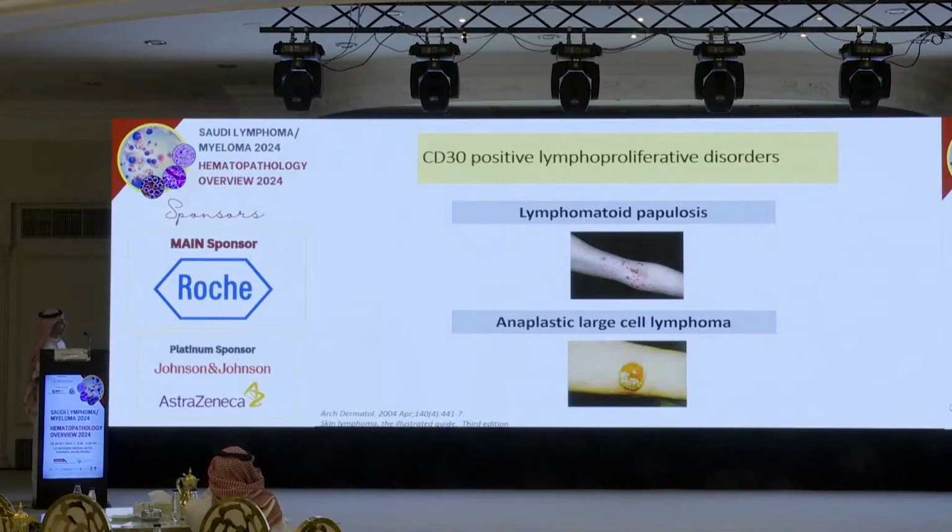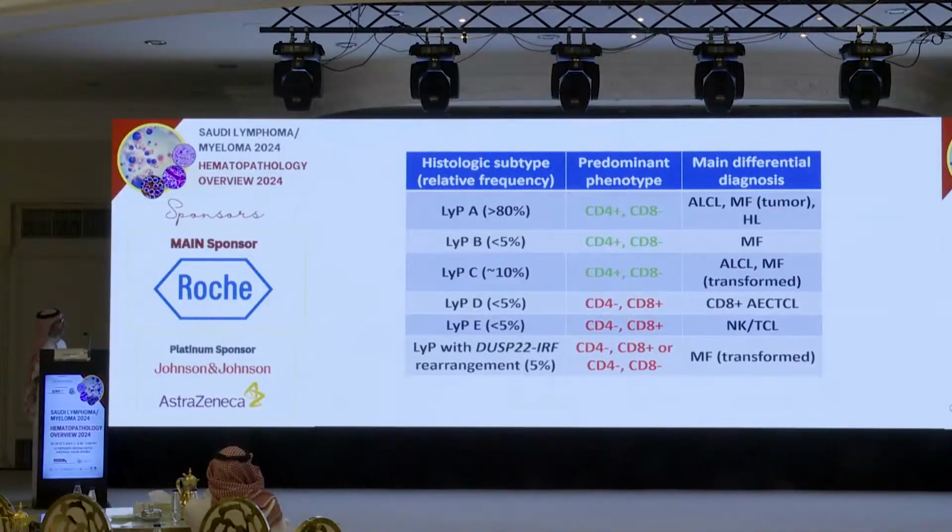So there are different types, a long list of types of LYP. These are in the WHO. We have A, B, C, which are CD4 positive. Then D, E, and LYP with DUSP22, which are CD8 positive. The differential diagnosis here is LYP type A, ALCL, MF. They overlap. The significance of this group specifically, we'll talk about. D and E overlap with aggressive